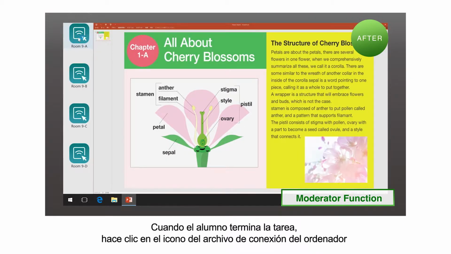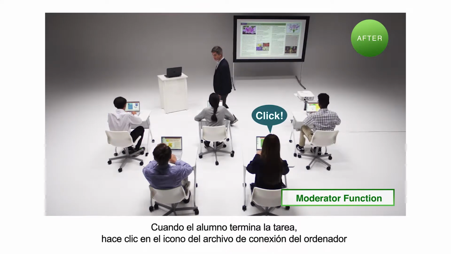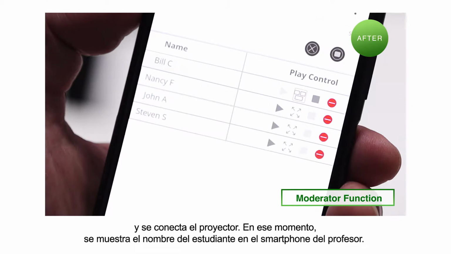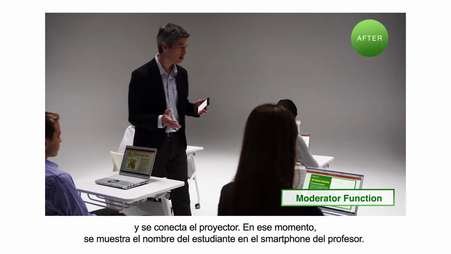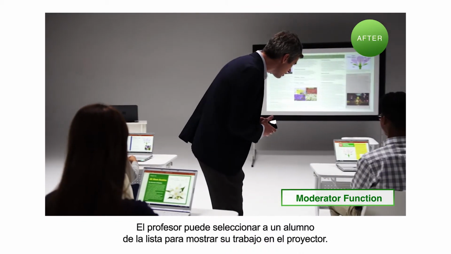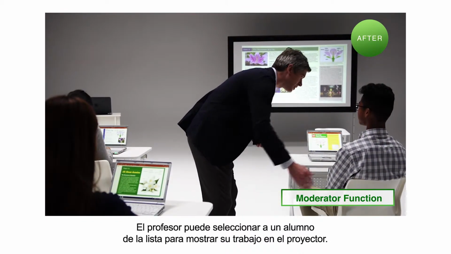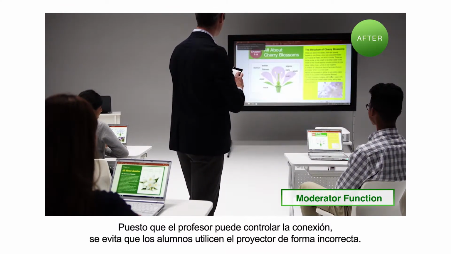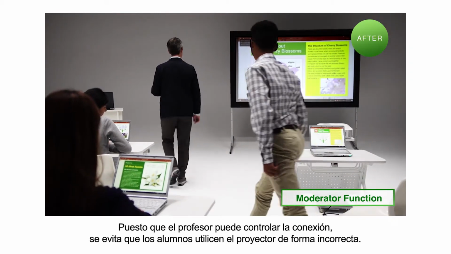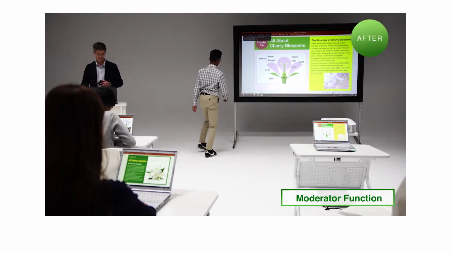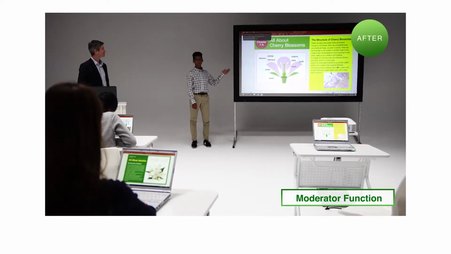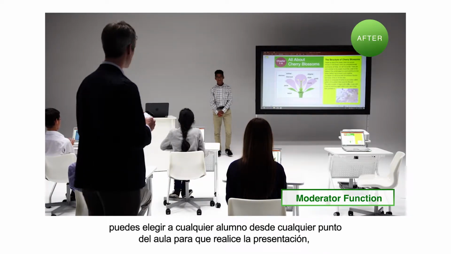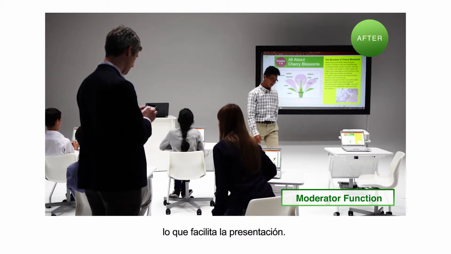When students finish a task, they can click on the connection file icon on their computer, connecting them to the projector, while the students' names appear on the teacher's smartphone. The teacher can select a student from the list to display their work on the projector. Because the teacher can manage the connection, projection of students' misoperation can be prevented. Eliminating projector operations by the students allows presenters to be selected from anywhere in the classroom for stress-free and smooth